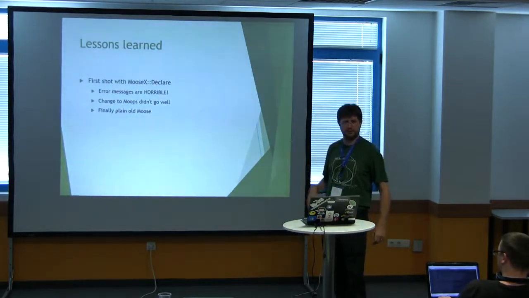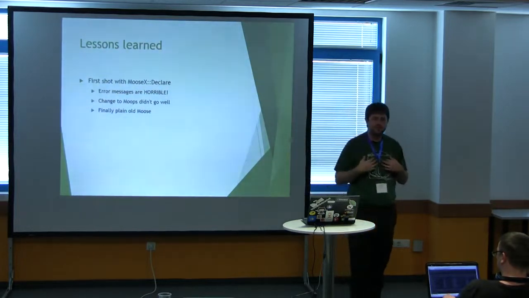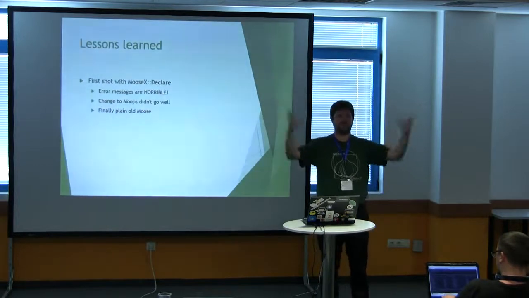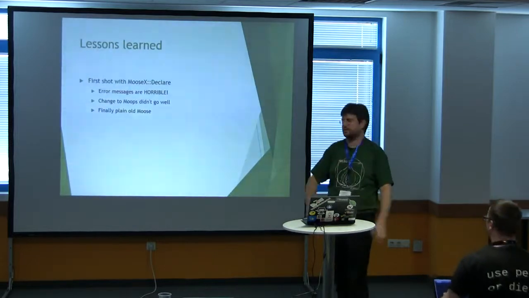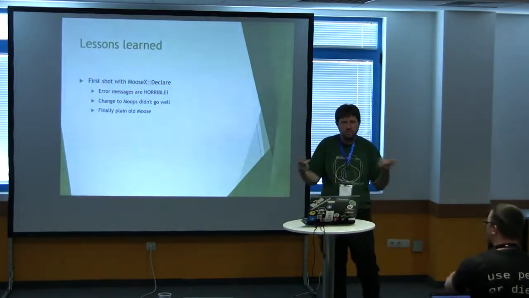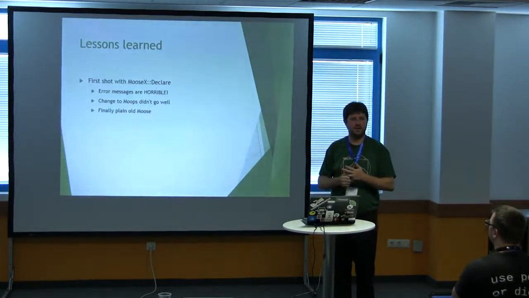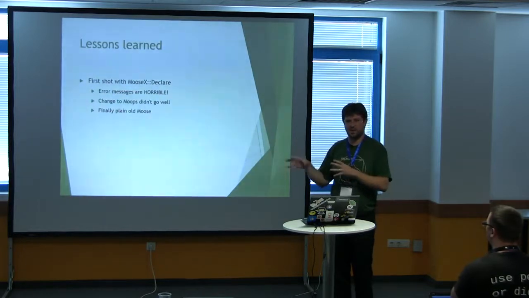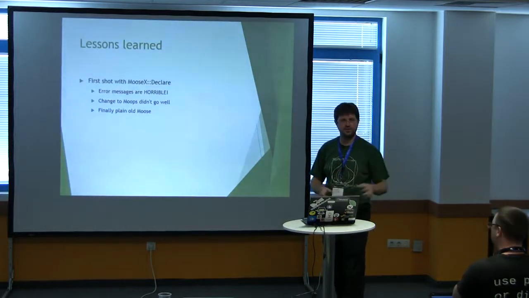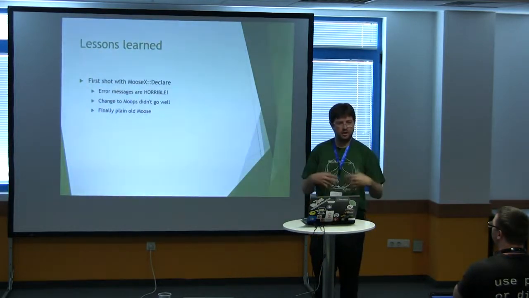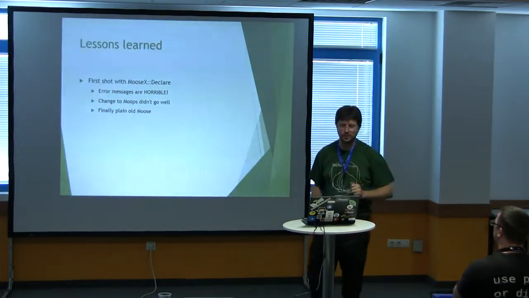Then I think Matt Trout has an implementation called Moops. And of course, that was my fault because MooseX::Declare has a big warning sign on it saying don't use it. But okay, I was prototyping and I wanted to go fast. So I thought, okay, we'll be able to change it to Moops. That's like MooseX::Declare, but does things in a saner way. And that didn't go well. When I changed from MooseX::Declare to Moops, things blew up. Couldn't get the thing working, so I finally said plain old Moose will do.